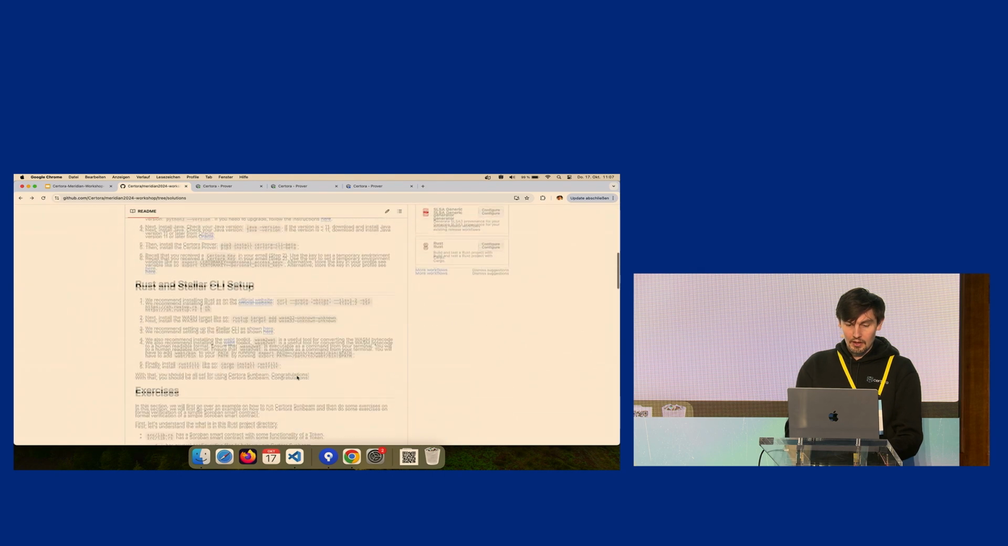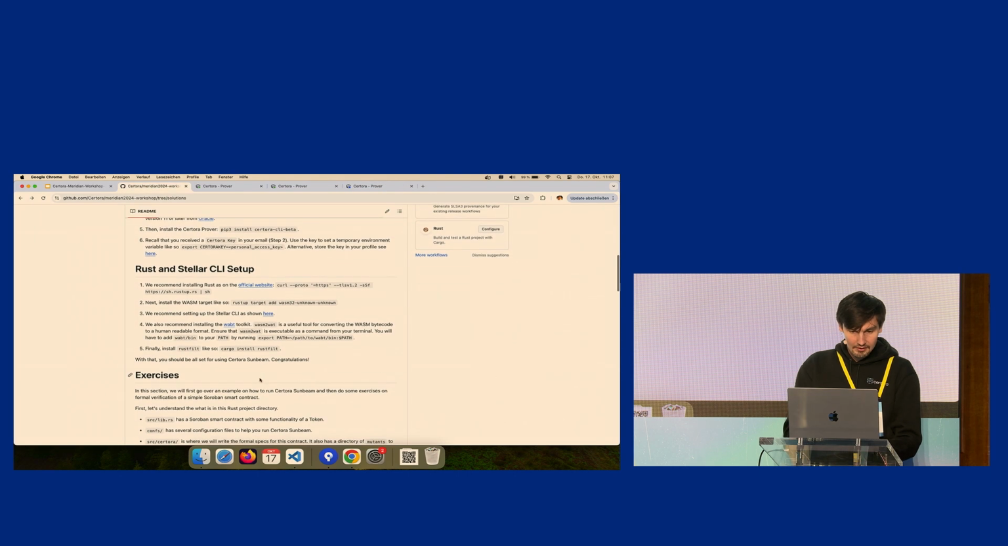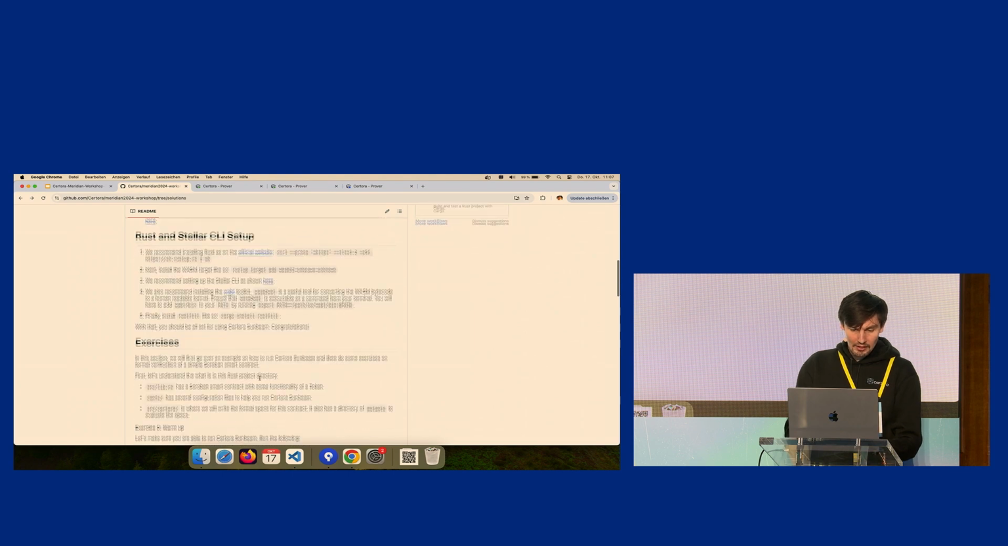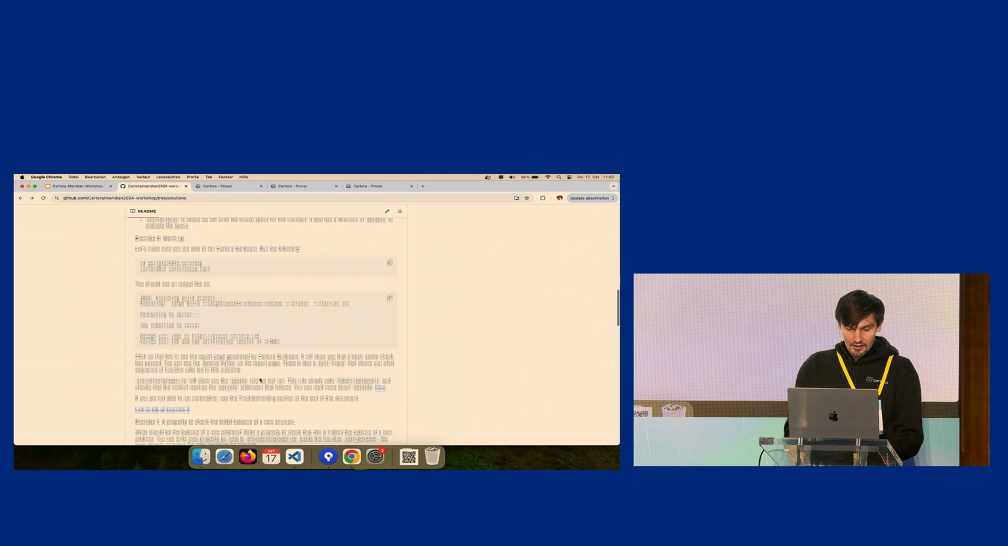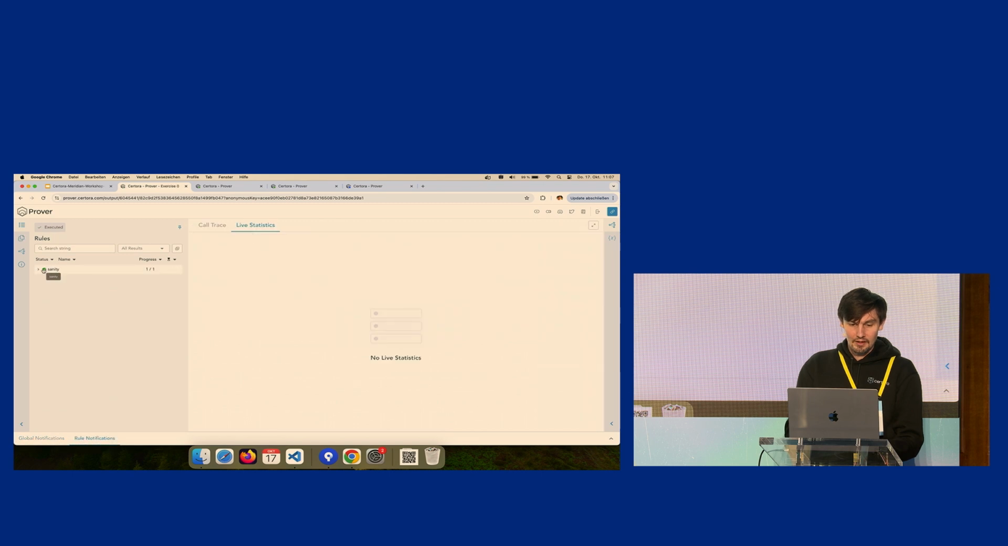So let's see. The verification here is still in progress. It will take a moment. I'll show you the final status of this job that I just submitted. It says it is able to verify the property that you had. In exercise 1, you actually need to